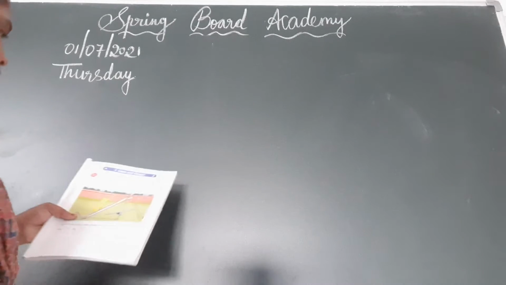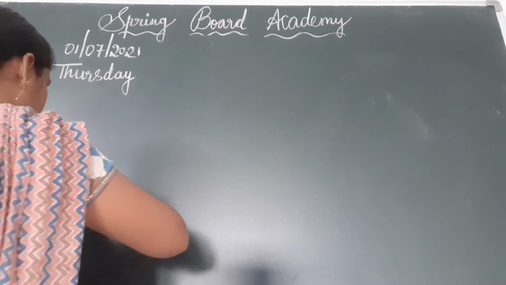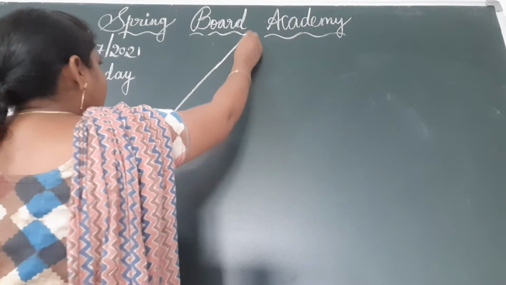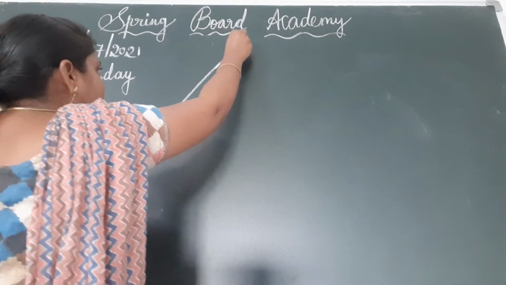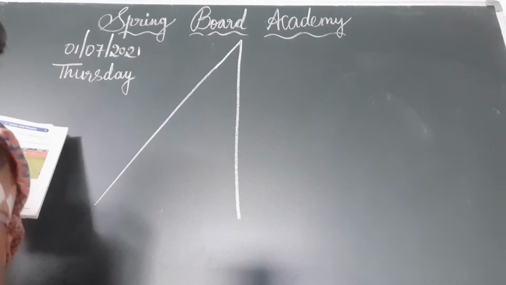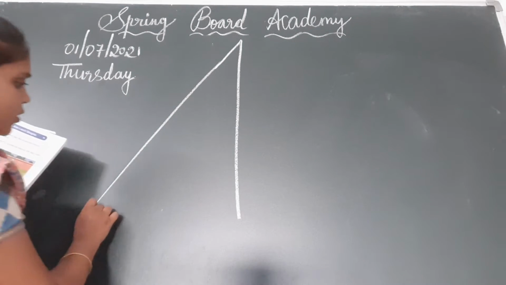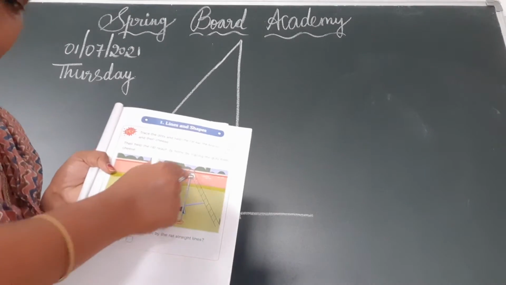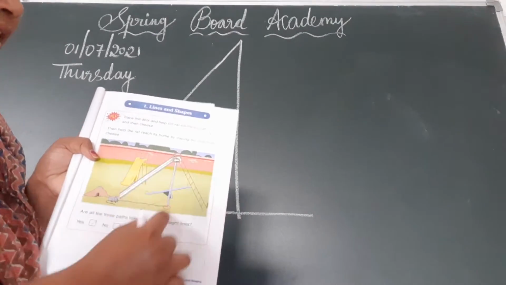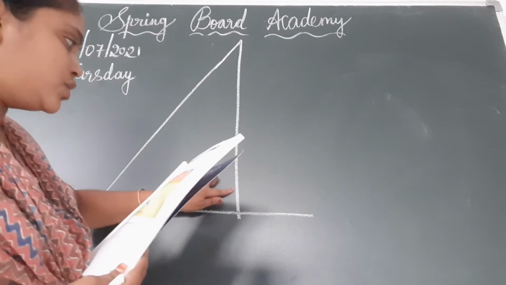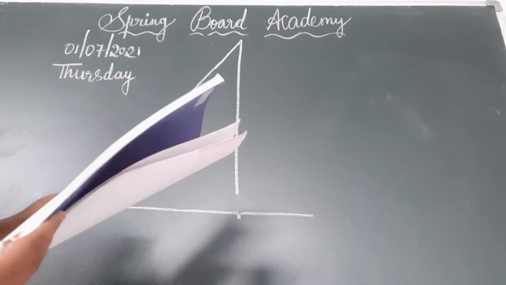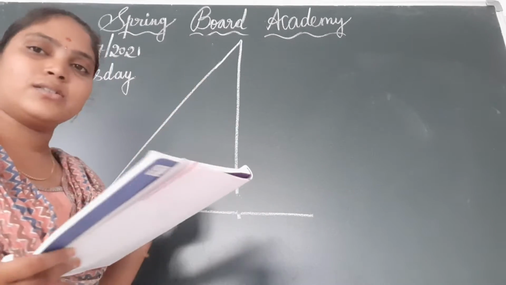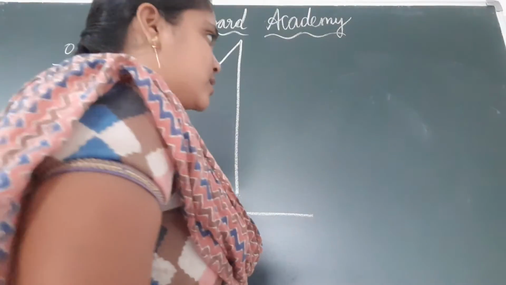First the rat goes up for the cheese, and then the rat comes down, and then the rat goes somewhere. So the 3 lines are like this: this is the first one, second one and third one. Now you have to check, children: are these 3 lines taken by the rat straight lines? Yes, these are all straight lines.